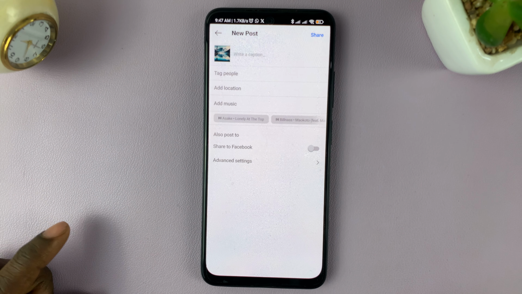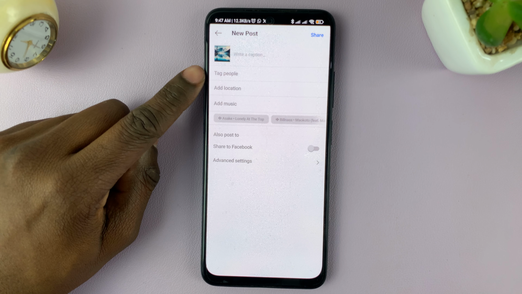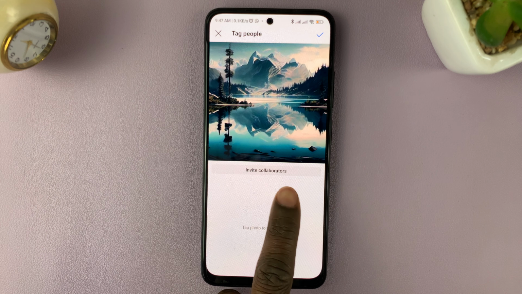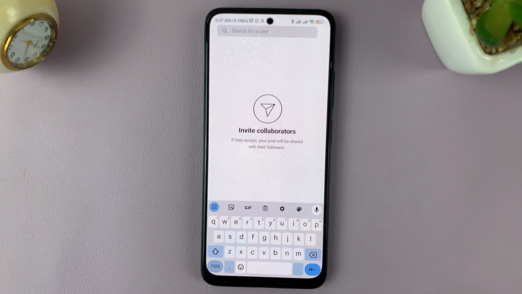And then from here, you'll see the option tag people. Tap on that. And then you'll see invite collaborators. Tap on that. Now from here, you can search the user that you'd like to add as a collaborator to